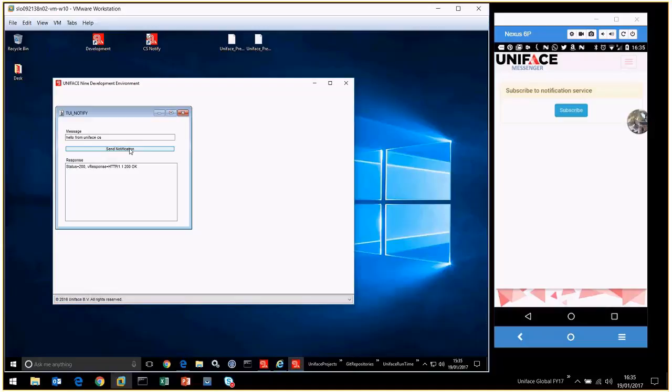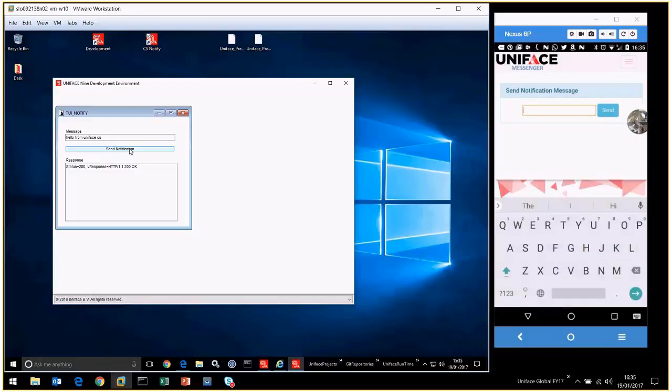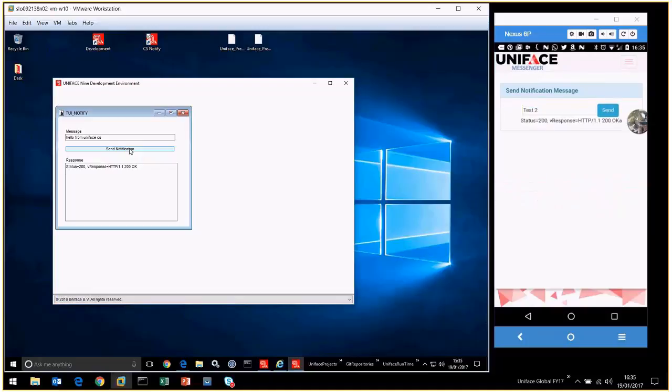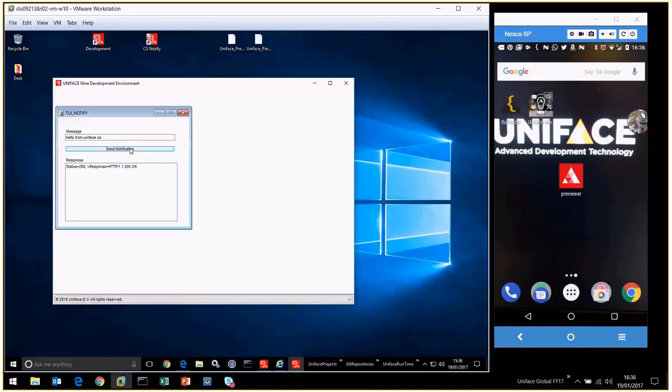Again, I said I could send it from any device, so I've got a similar component defined on my mobile device. So notify, and I'll send the message test 2, send. There we can see from Uniface test 2. Again, nice thing with something like notifications, if I'm outside of the app,